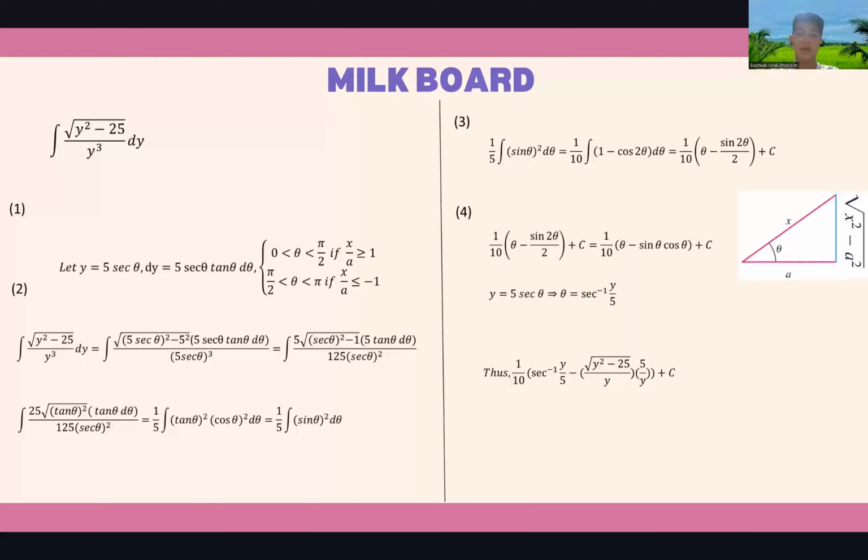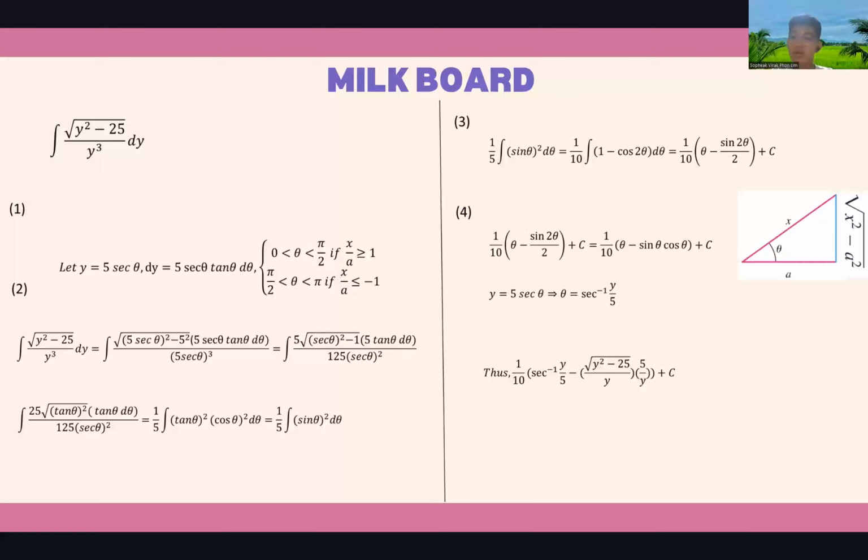And in this example, we have the integral of 5 times the square root of secant squared theta minus 1, times 5 tangent theta d theta over 125 secant theta to the power of 2, and tangent theta to the power of 2 equal to secant theta squared minus 1. And we just evaluate, and we have the final answer of the second step, which equals 1 over 5 integral of sine